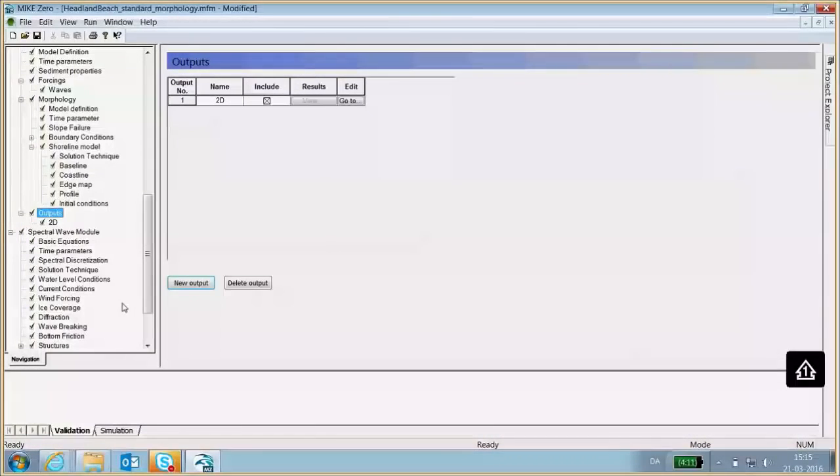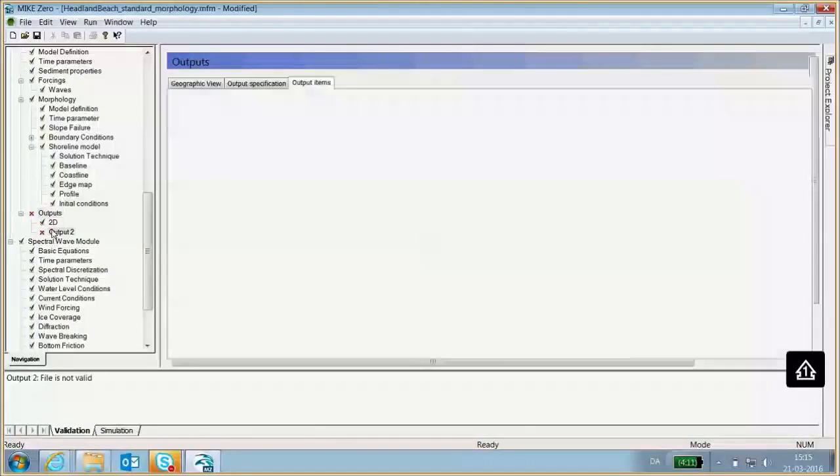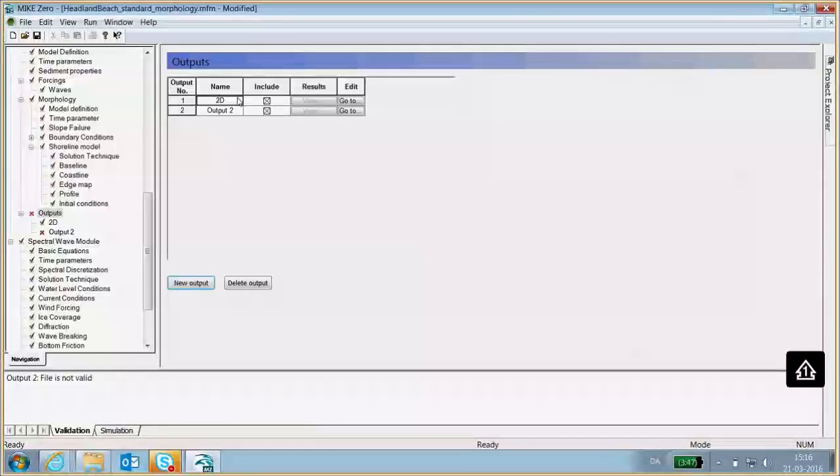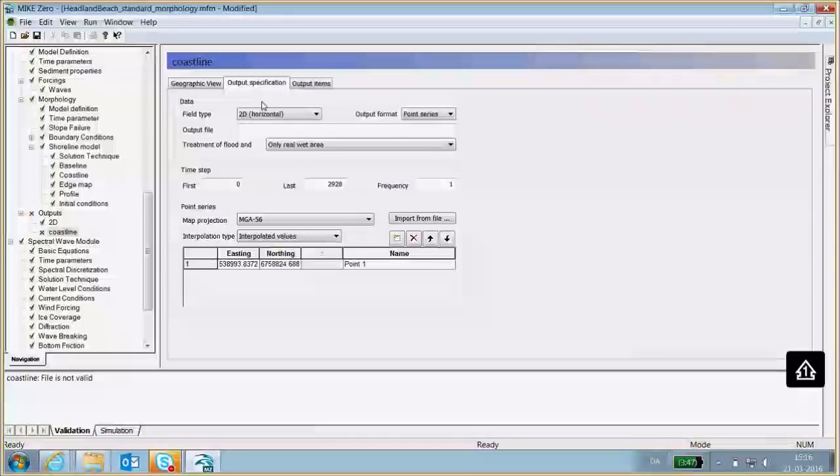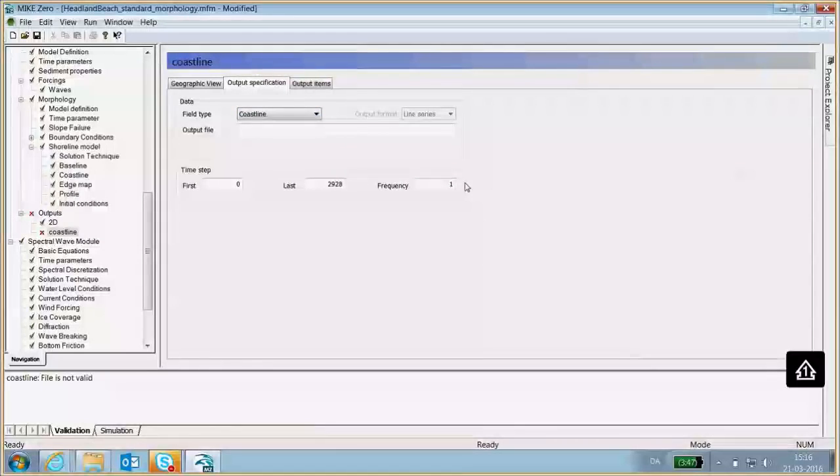Now we're going to make a new output that will be the coastline output. We'll just call that coastline, so it's easier for us to navigate. Then we select the field type as the coastline, and we will just call this coastline, and you can see the extension DFS1.